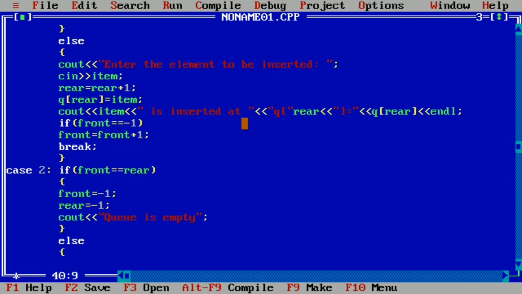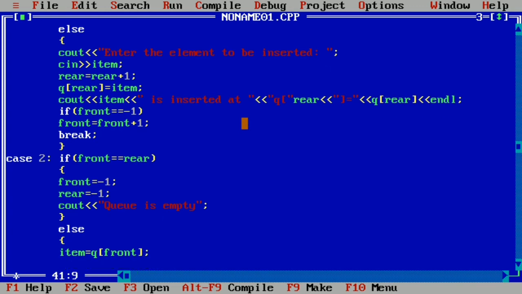Here we are going to write item is equal to q of front because we want to remove or delete the element from the front. Next we are going to write here cout, in a double quotation mark, the element deleted from front.